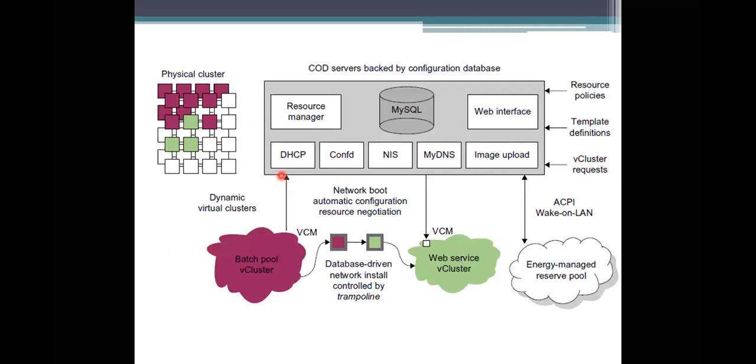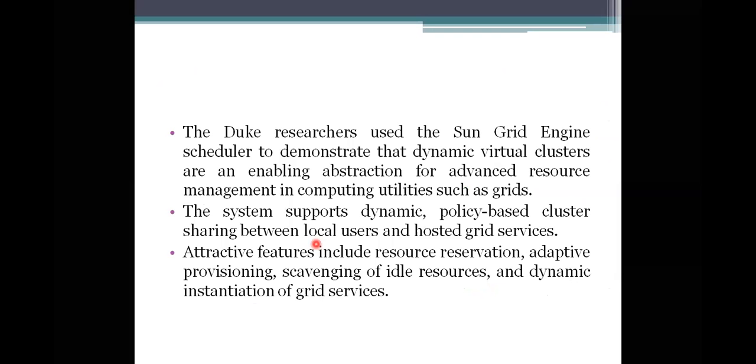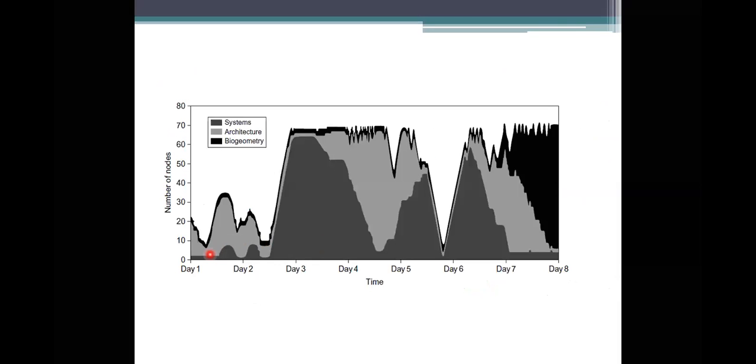So how am I going to allocate dynamically? See this diagram. Here we have the physical clusters, and we need to maintain a pool of the virtual clusters here, and also a pool of the service clusters, which is the web one. Whenever a system needs these virtual clusters or nodes, it simply allocates those resources to them. And whenever you complete your work, you have to release these clusters.